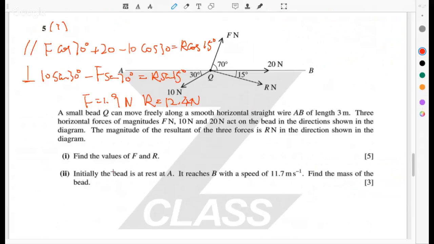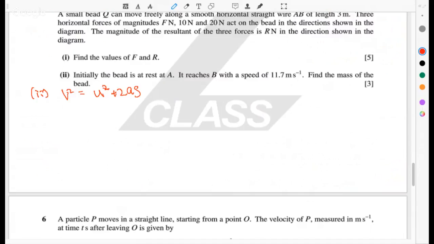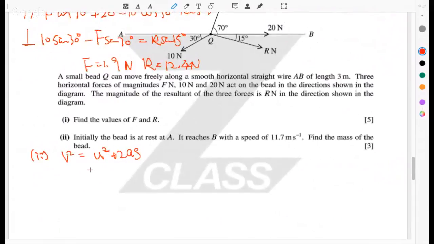So now solved for the forces, we want to know if initially the bead is at rest at A, it reaches B with speed of 11.7 meters per second. Find the mass of the bead. Well, let's just apply SUVAT to this particle again. We'll use the equation v squared equals u squared plus 2as, because we don't know anything about the time, but we do know something about the initial velocity, the final